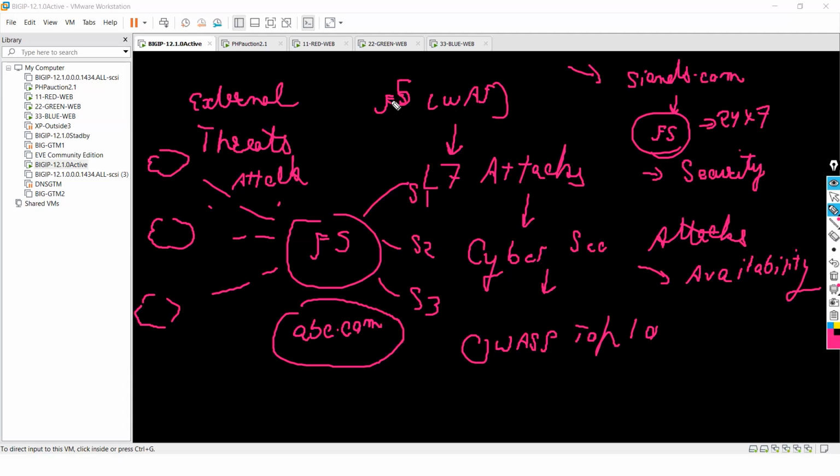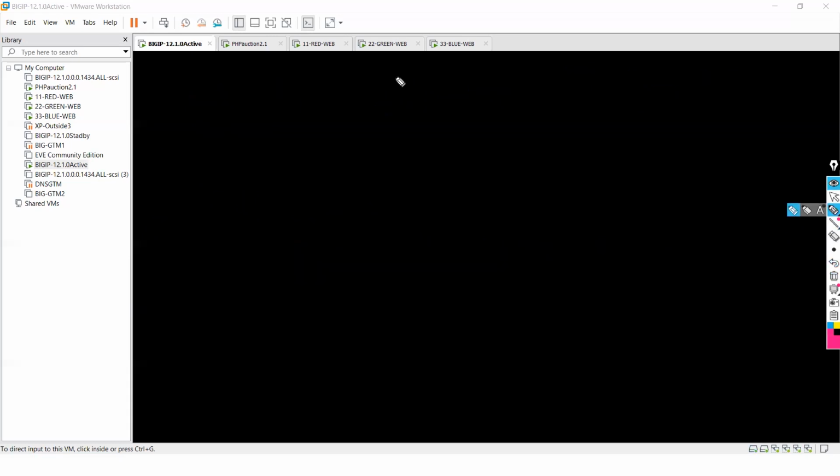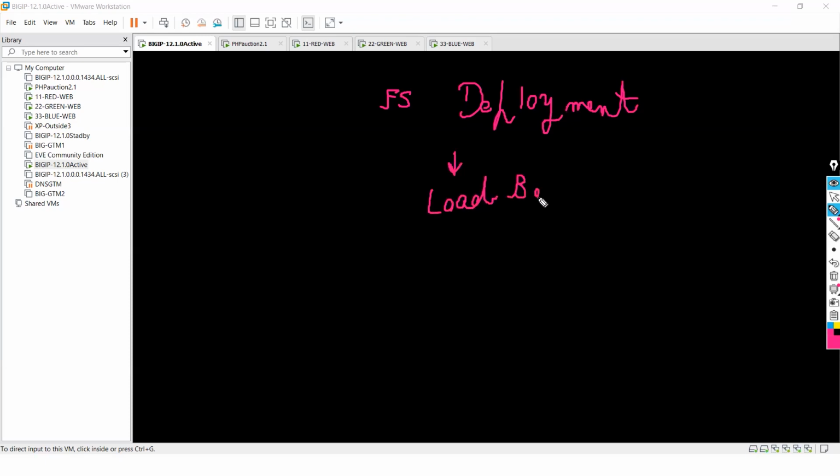Okay, so now let's go further on why the load balancer came into the picture and how it works. If I talk about F5 deployment architecture in production, guys, first of all, you should know what a load balancer is. In my production environment, this is where this picture comes in. A load balancer can be deployed as a layer 4 device or as layer 7 also. Nowadays you have multiple applications which you want to be accessible from the internet.